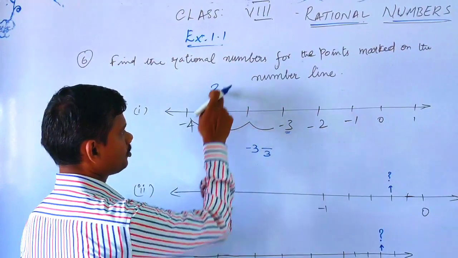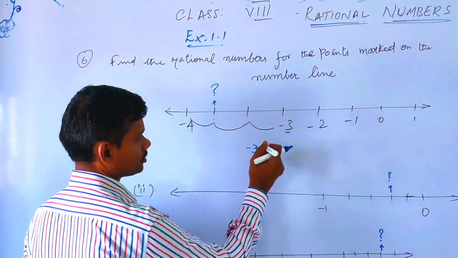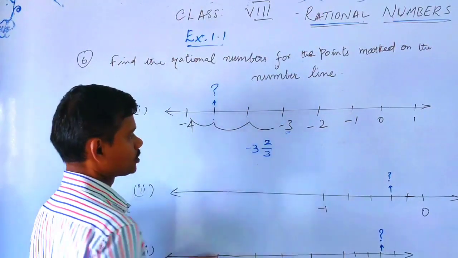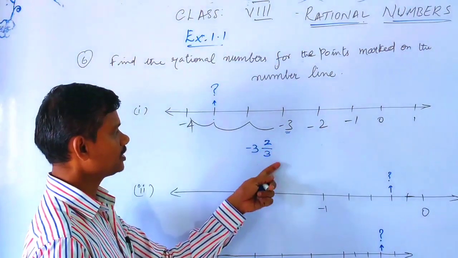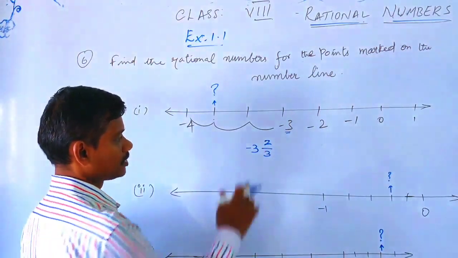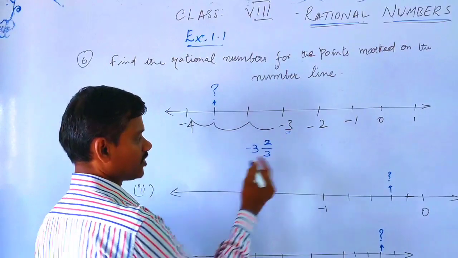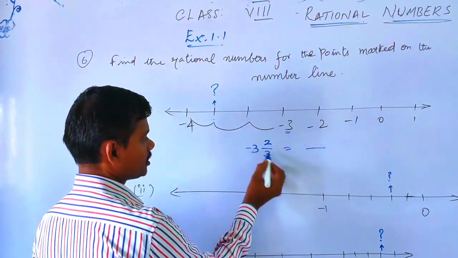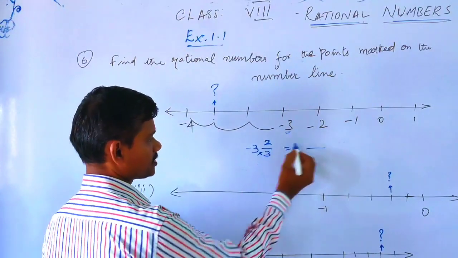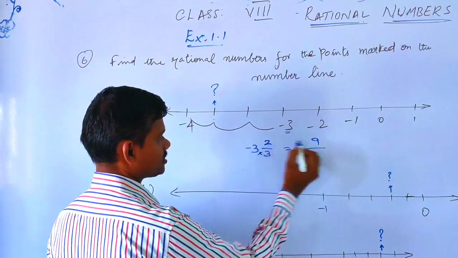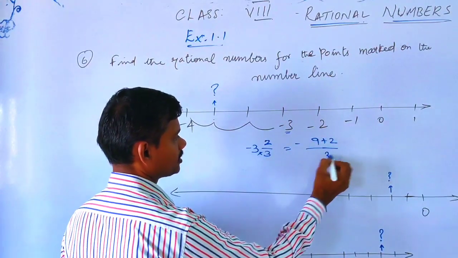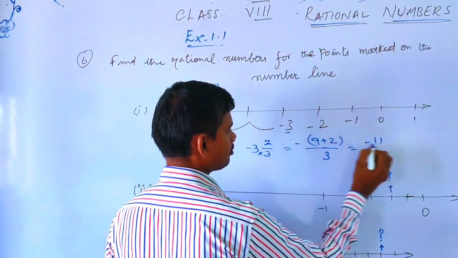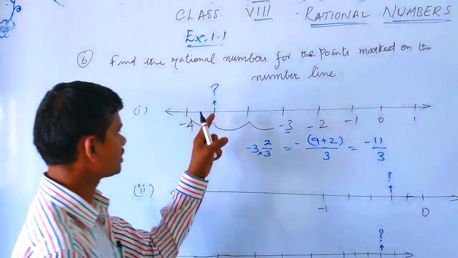So in the second part the marking is here. So minus 3, 2 by 3 is the number. This number is in mixed form. Now I am going to write this in the rational form. 3 into 3 minus 9 plus 2 by 3, that is minus 11 by 3. So that is the marked